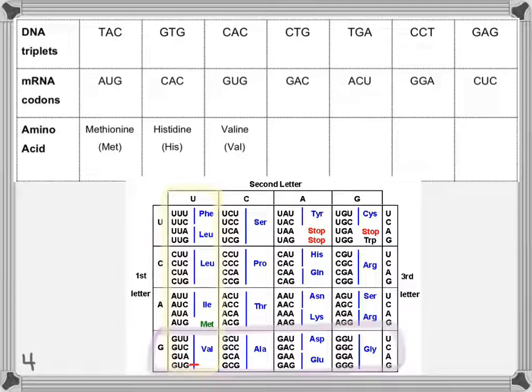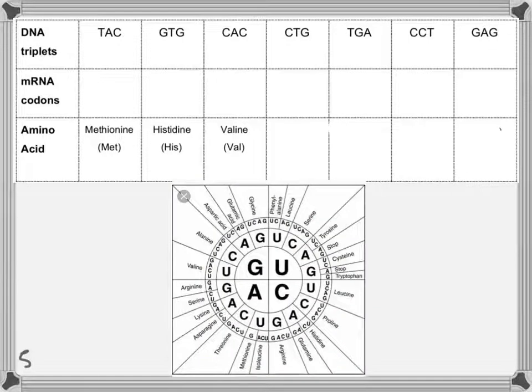Okay, do you feel like you're pretty comfortable using the grid codon chart? Now let's practice working with the circular chart. I find the circular chart easier, but it's all a matter of personal preference. For the codon